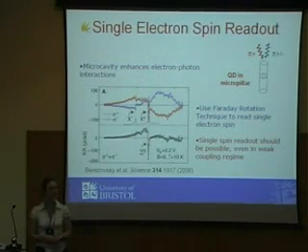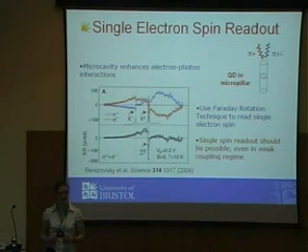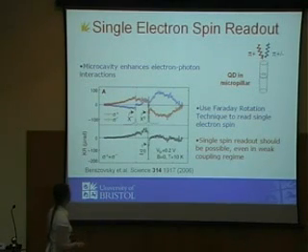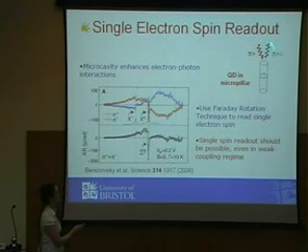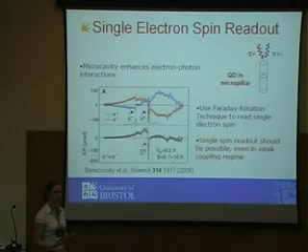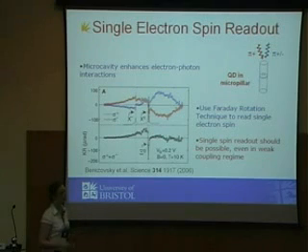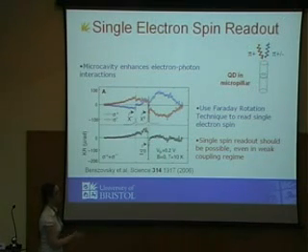Okay, so I said earlier that we've achieved a strong coupling regime, but we want to read out single electron spins. So I want to talk about how we can do that. If you remember before, we used this Faraday rotation technique, where we shined linearly polarized light onto the sample and looked at the rotation. We did this on ensembles before because it was very difficult to see the signal in normal quantum dots. But if you put your quantum dot into a microcavity like a pillar, you increase the interaction strength by many orders of magnitude. And therefore it should be possible to see a rotation of the light due to just a single electron spin. And in fact, this was achieved